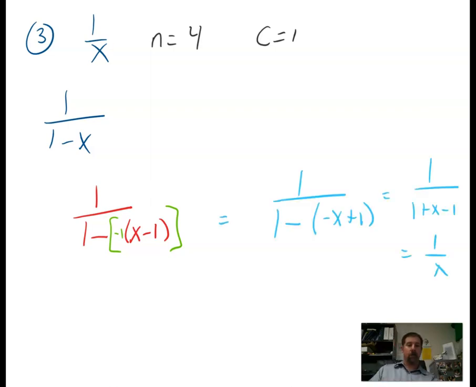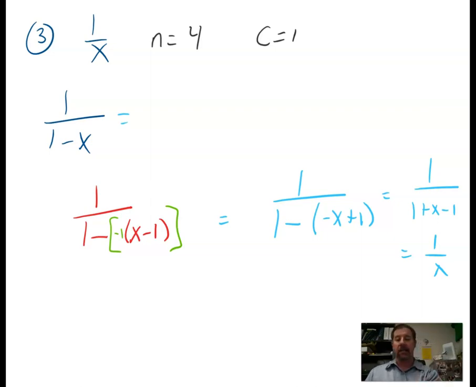get 1 over 1 minus negative x plus 1, or 1 over 1 plus x minus 1, or 1 over x. So this is the same thing as 1 over x. Again, it's just written in a different form, okay? And now, because it's in this form, all the stuff that's in the green here, the green parentheses, if I plug that into the Taylor series for 1 over 1 minus x,